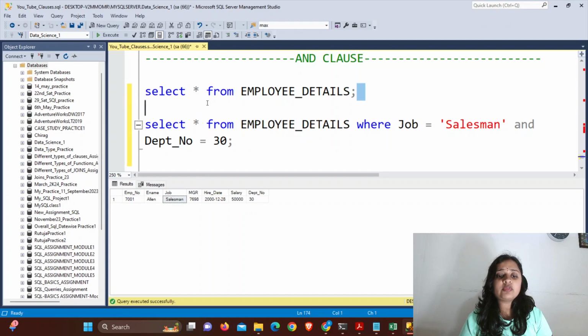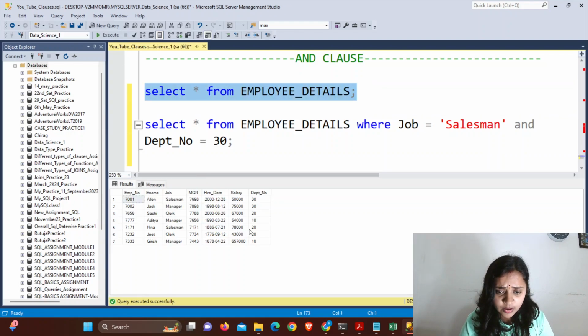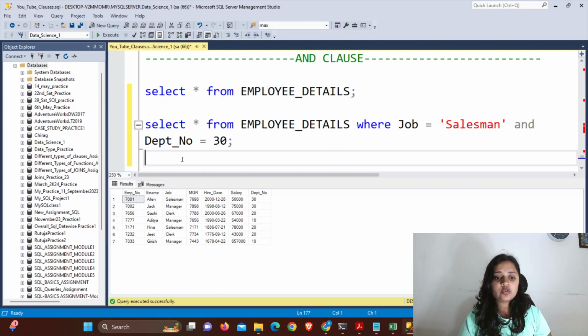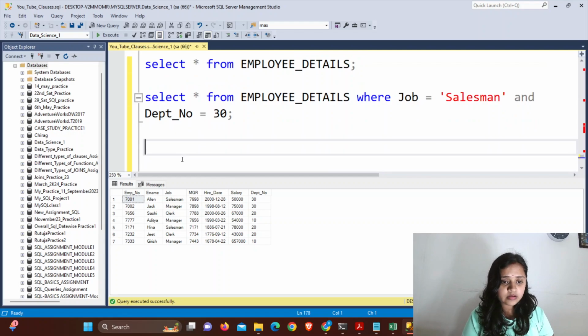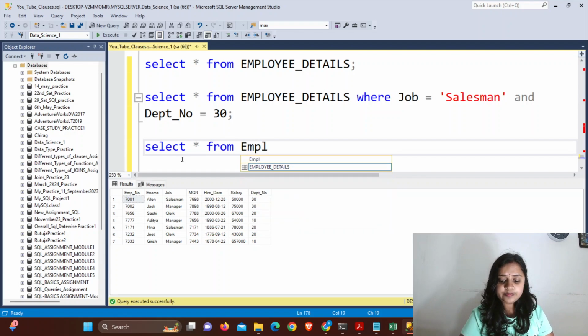Again we will see one more example. Just select the table name. Now I need department number as 20 and I want the salary greater than 50,000, okay. Now the salary should be greater than 60,000 and department number 20. So what will happen, let's see. I will write the code. Select star from table name